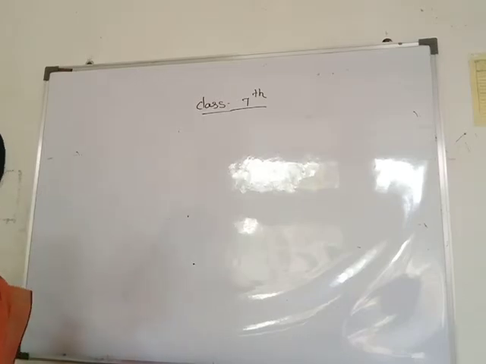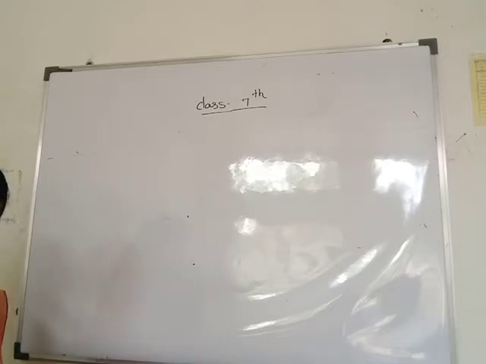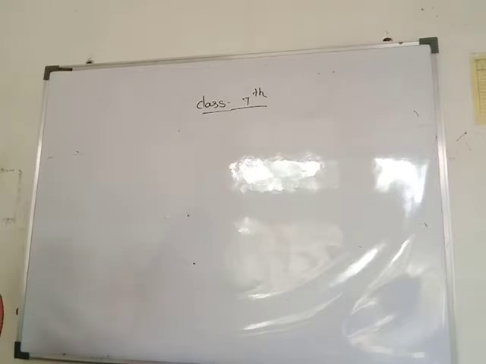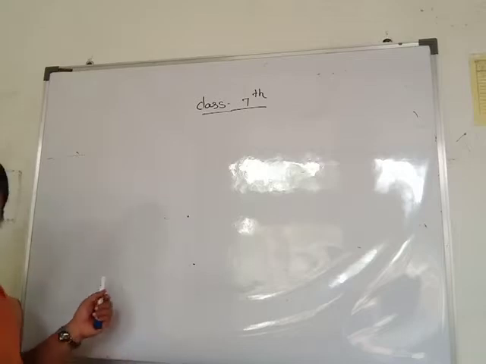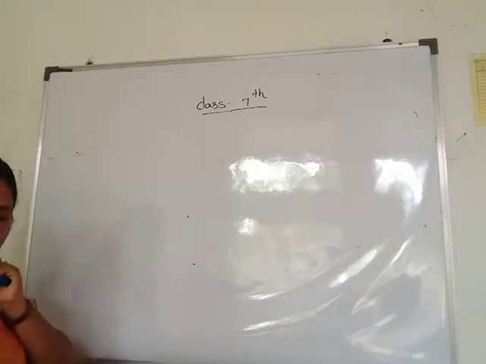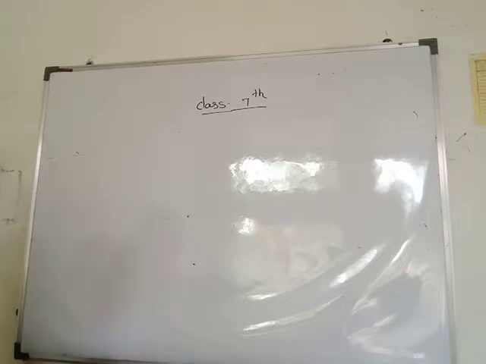Good morning, students. Yesterday we studied direct proportion and inverse proportion in this chapter. Direct proportion means when the value of one quantity increases, the other quantity also increases, and the ratio of these two related quantities remains constant. Yesterday we completed practice set 37. Today I am giving some examples of direct proportion. In homework, you complete this.